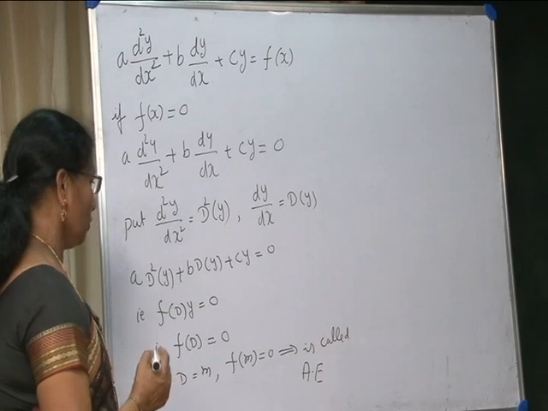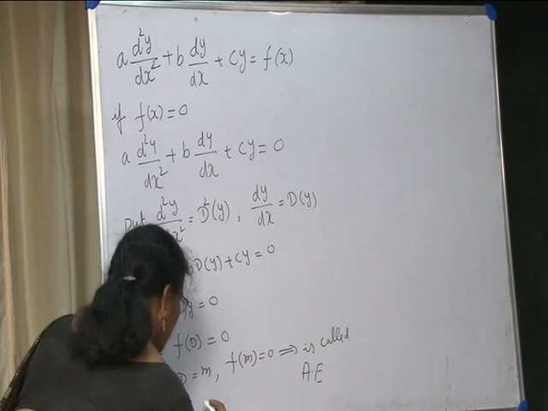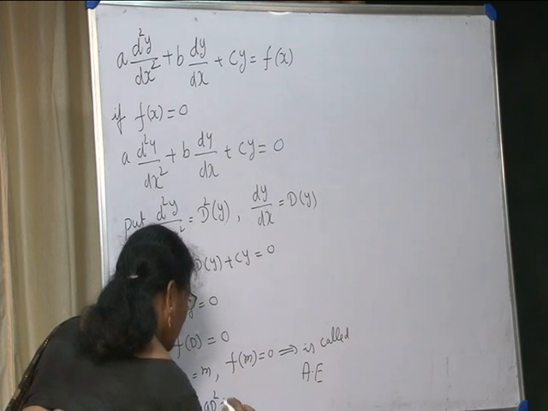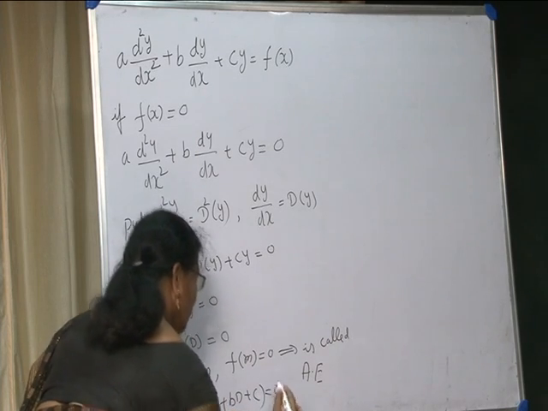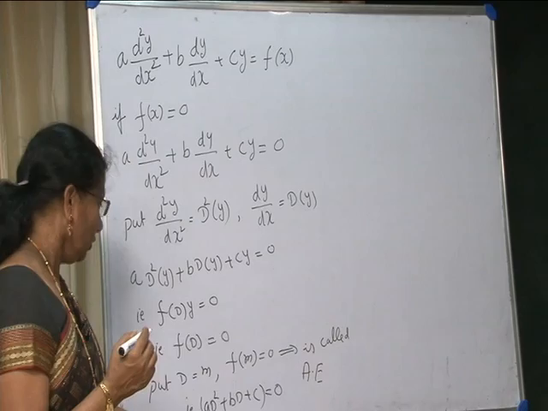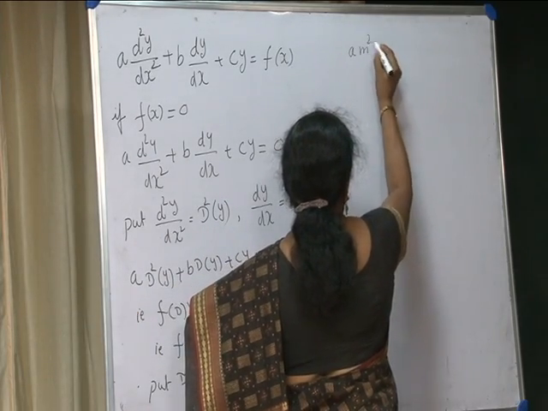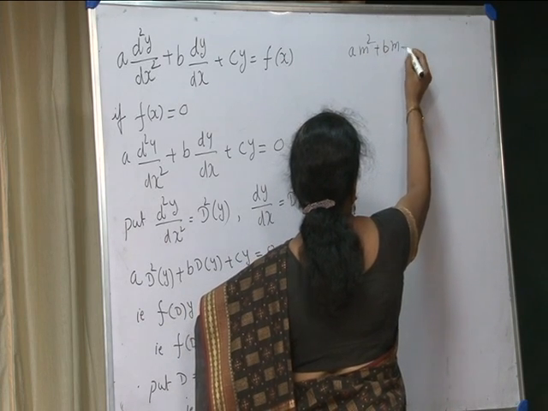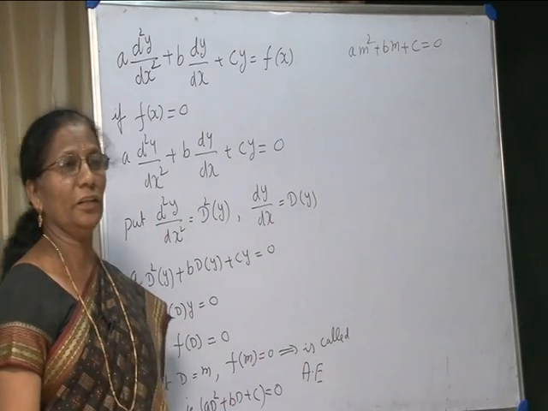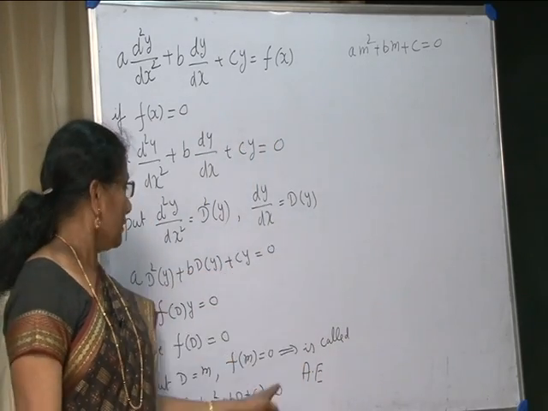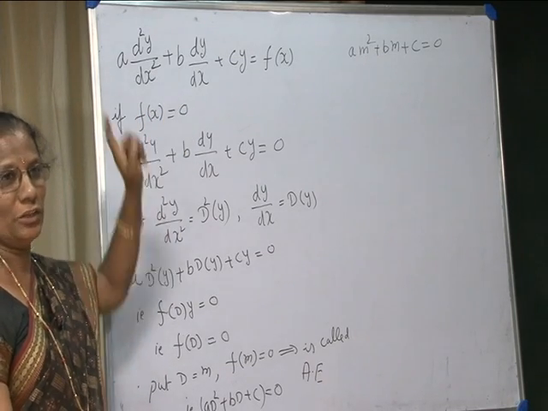So f of m is equal to 0, that is a into d squared plus b into d plus c is equal to 0. In the place of d, if you put m, we get a m squared plus bm plus c is equal to 0. This is called the auxiliary equation of the given second order homogeneous differential equation, and we